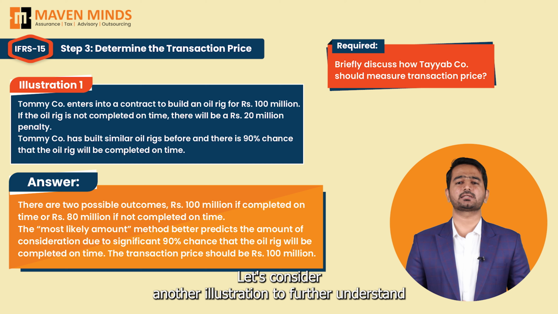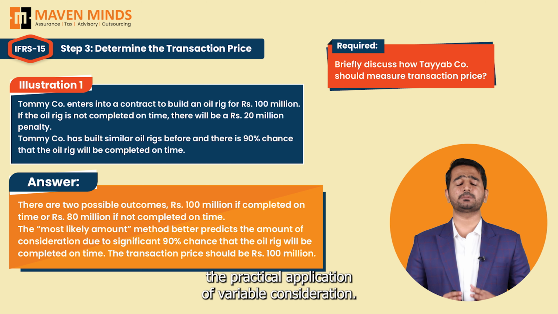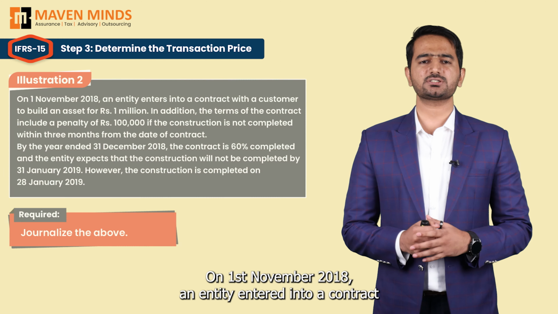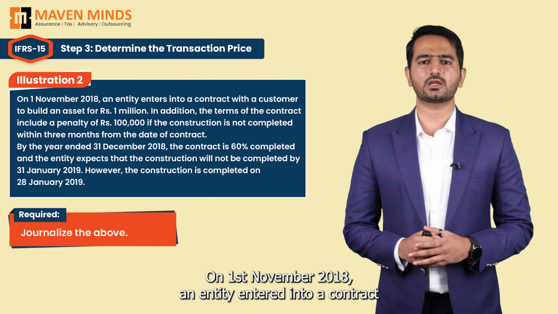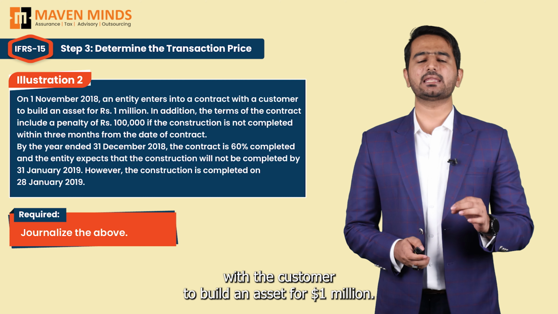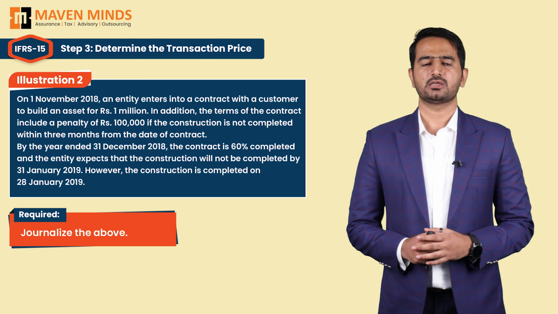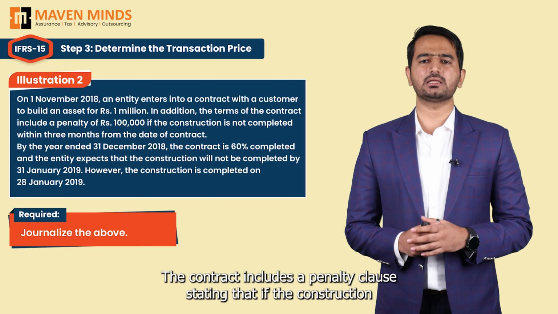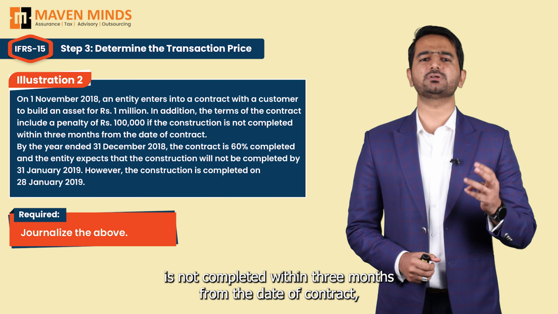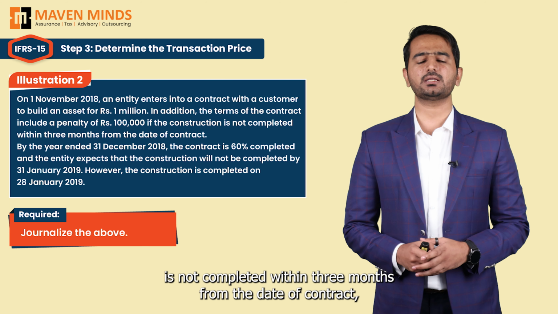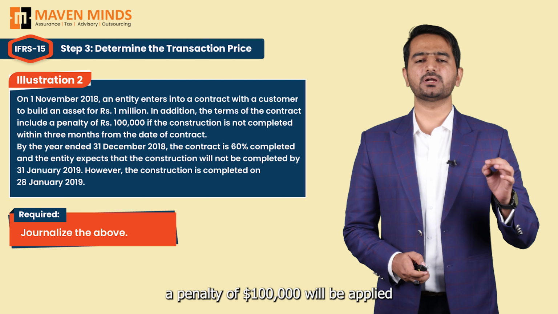Let's consider another illustration to further understand the practical application of variable consideration. On 1st November 2018, an entity entered into a contract with a customer to build an asset for $1 million. The contract includes a penalty clause stating that if the construction is not completed within 3 months from the date of contract, a penalty of $100,000